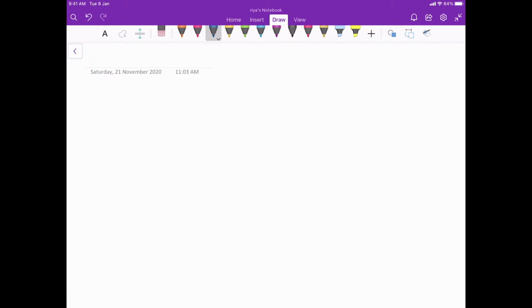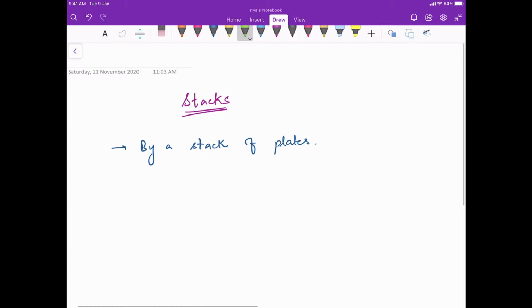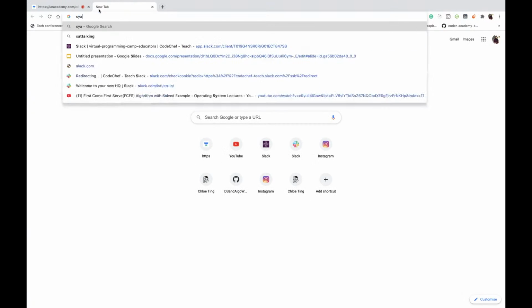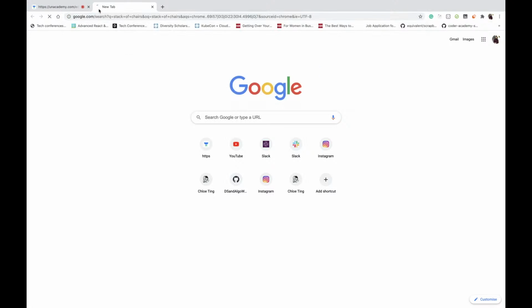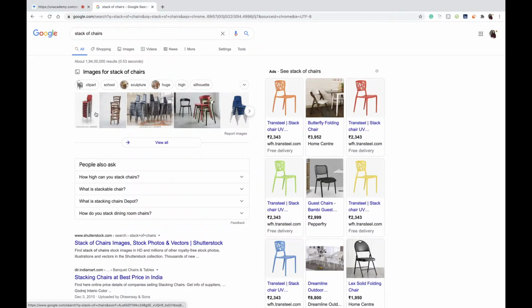ठीक है, so what we will be taking an introduction to today is stacks. ठीक है, so what exactly is a stack is, हम इसको visualize करेंगे by a stack of plates, है ना. Everyone has seen a stack of plates. Let's say we have a stack of plates that is going on like this, or let's actually Google something as well to see if we can see a good example. चलो देखते हैं. See, अच्छा बहुत अच्छा एग्जाम्पल मिल गया.